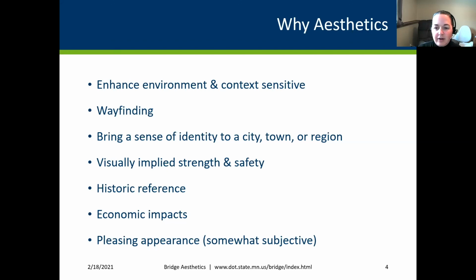A lot of times we'll be like, oh, I recognize that house, or I recognize that building, or I've seen this intersection, whatever it may be. Aesthetics can do that too. Especially within MnDOT, we deal with corridor aesthetics. Like Highway 36 all looks the same. So if you're lost and you end up on Highway 36, you can look around and go, I've seen this, I know where I am. So aesthetics plays a role in that.